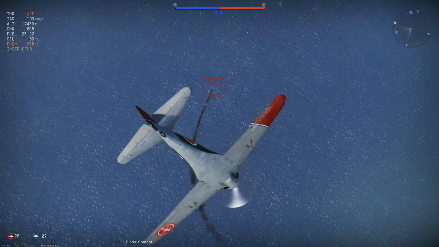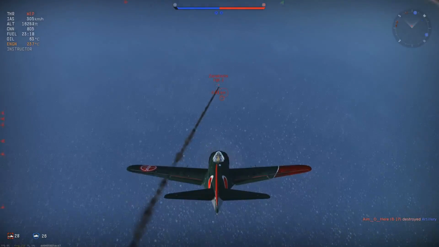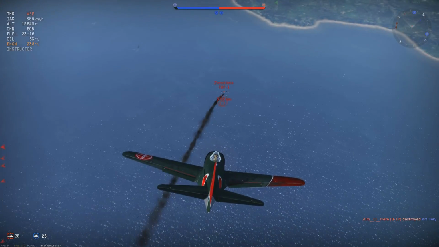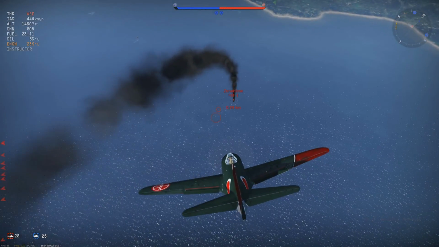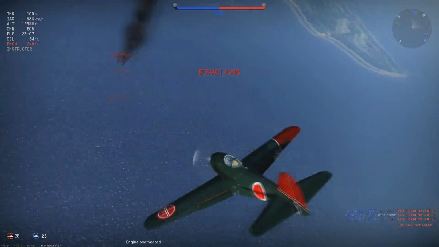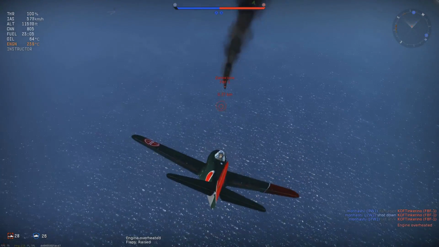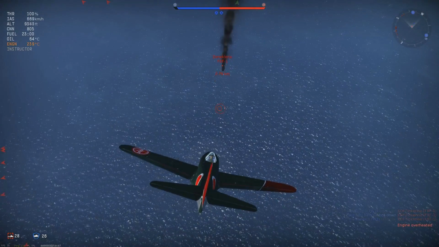Now the F8F is actually faster than the N1K in a dive, so providing this Bearcat keeps the throttles wide open and just runs straight away at around about a 35 to 45 degree dive angle, I will never catch him in the N1K. Even with no damage on WEP, I will not catch this guy. But I'm not really concerned with that because I'm not trying to catch him, I'm trying to push him away